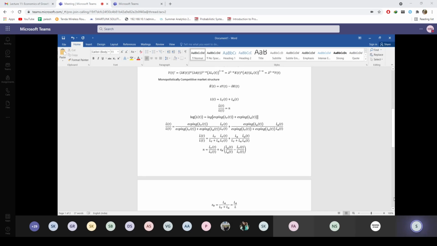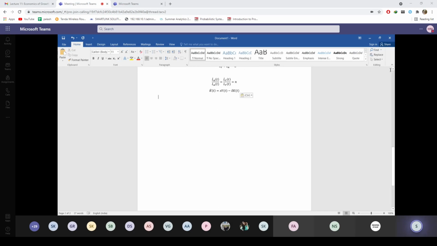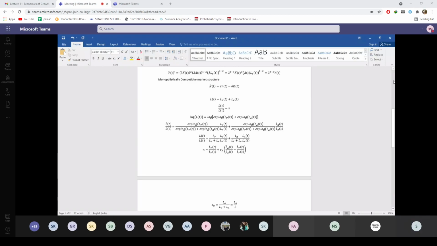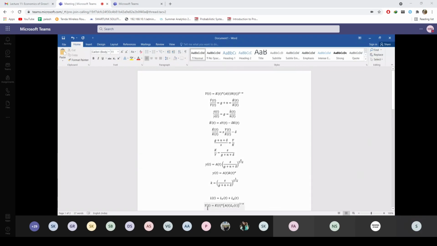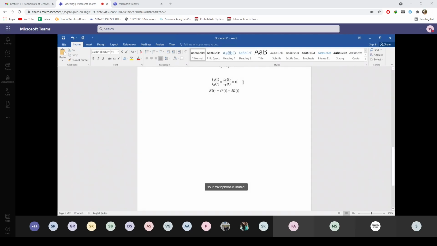If I do that, first of all, let me first start with this production function, and I'm going to do the same manipulation. So if I divide both sides by Yt to the power alpha and do a simple algebraic manipulation, what I can write down is